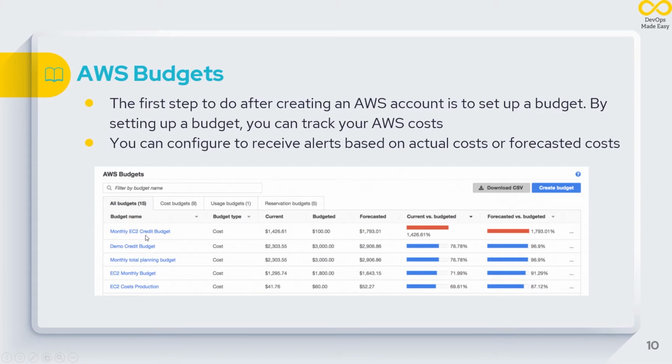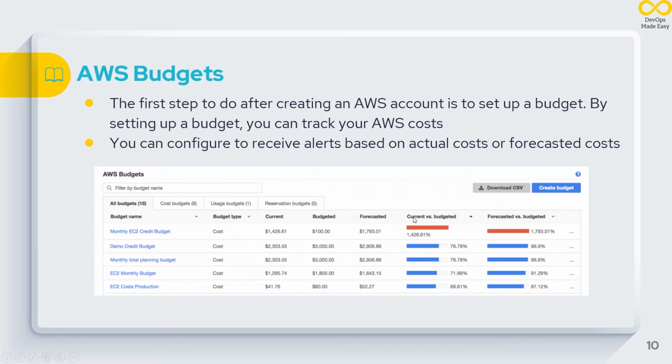In the image below, you can see a number of budgets created, along with a budget type called cost. In this particular budget, the budget type is cost, and we have current, budgeted, and forecasted values. The budgeted value here is set to $100, but the current and forecasted values are exceeded way too much.